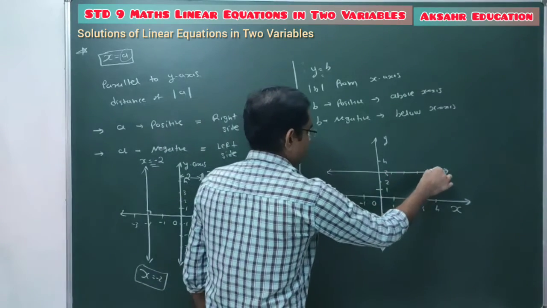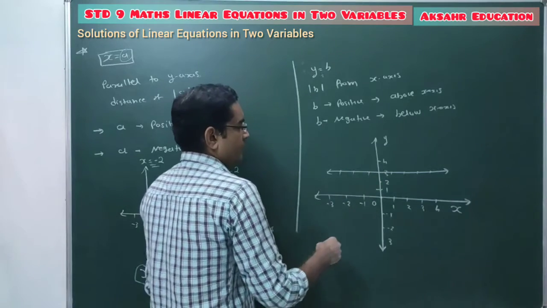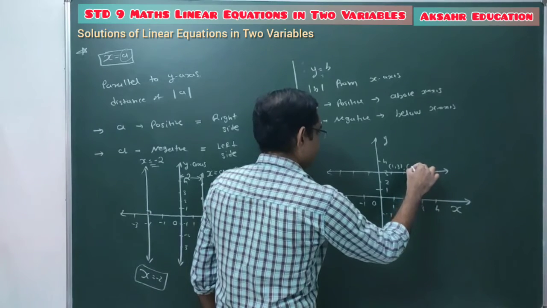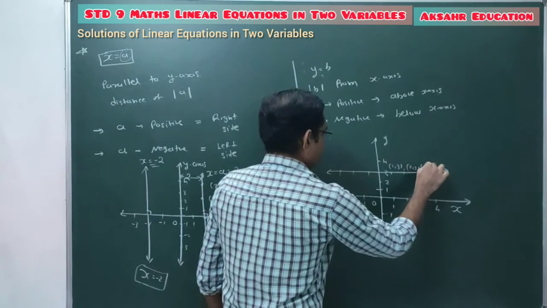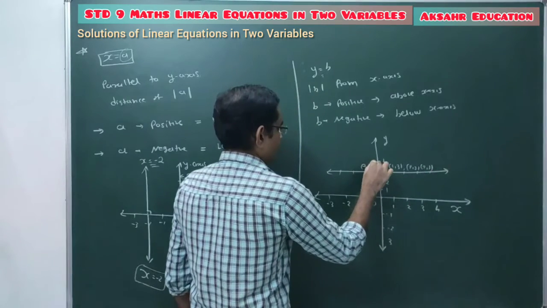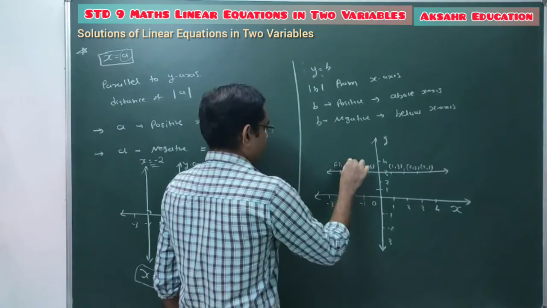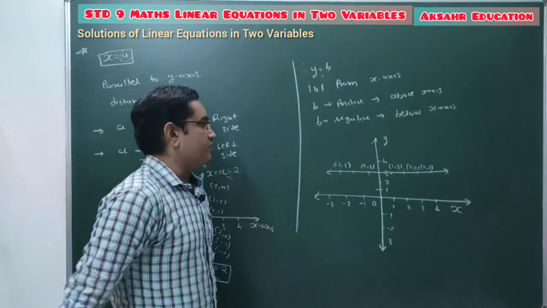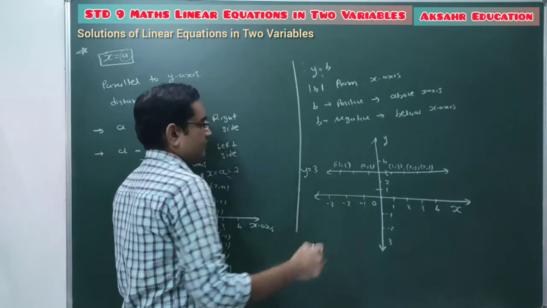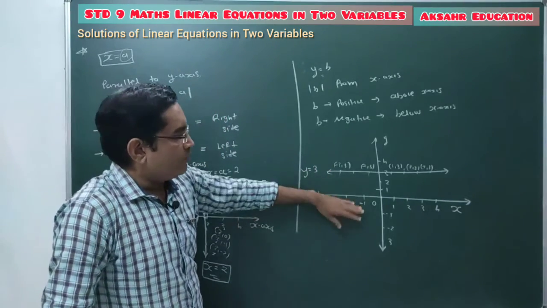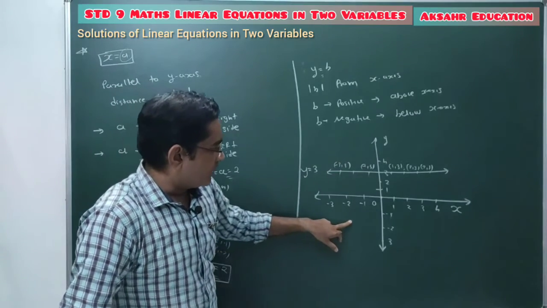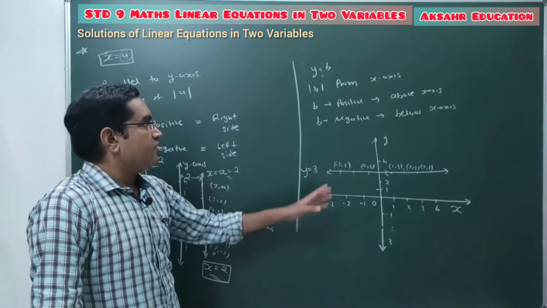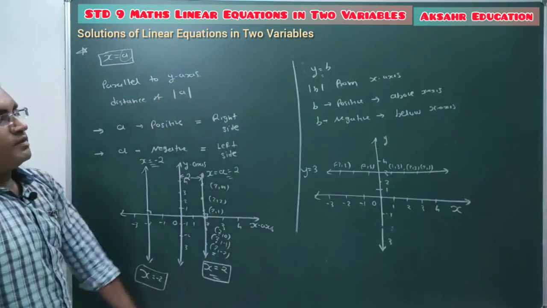Consider all the points that lie on this line. So here it's 1, 3. This will be 2, 3. This will be 3, 3. This is -1, 3. This will be -3, 3. So here we can say that its y coordinate is always 3. So this is the equation of the line y = 3. Here 3 is positive, so the line is above the x axis. Suppose you draw one parallel line below, the equation of that line is y = -2. Clear, students? So these are the equations of lines which are parallel to x axis and y axis.